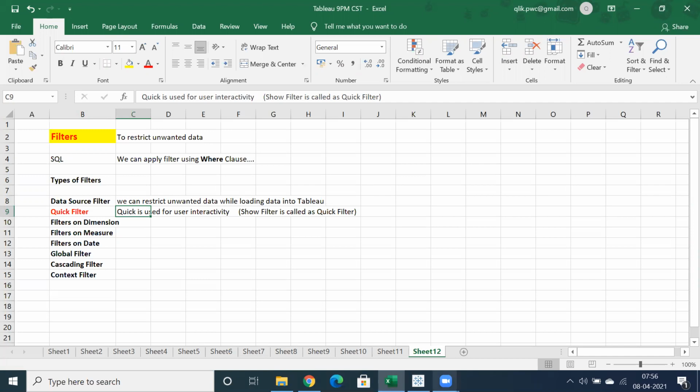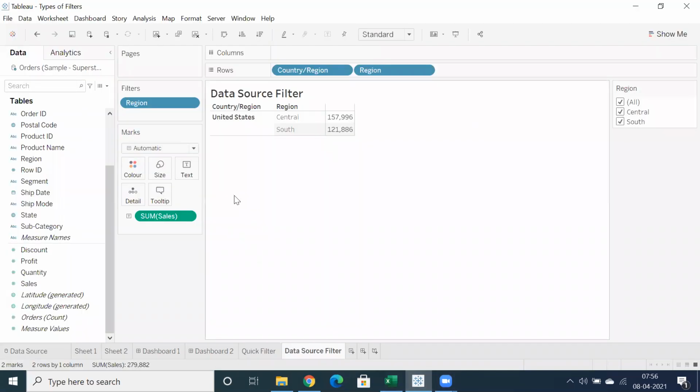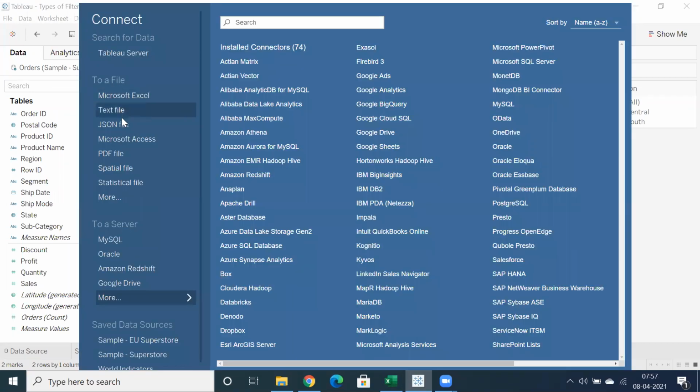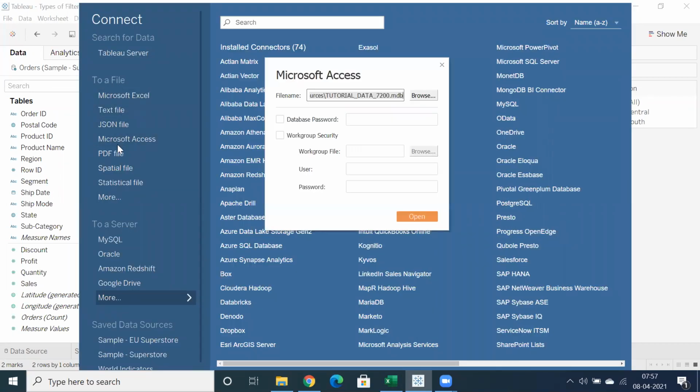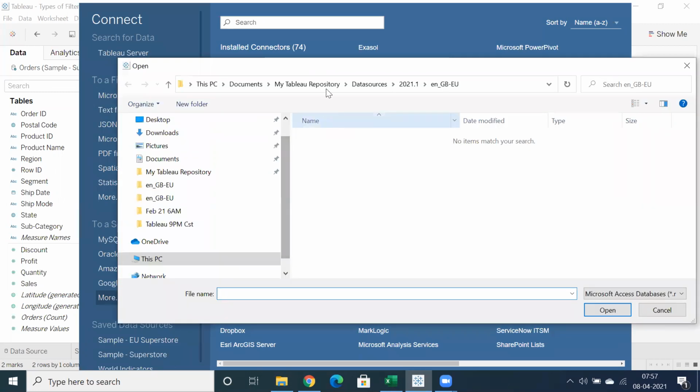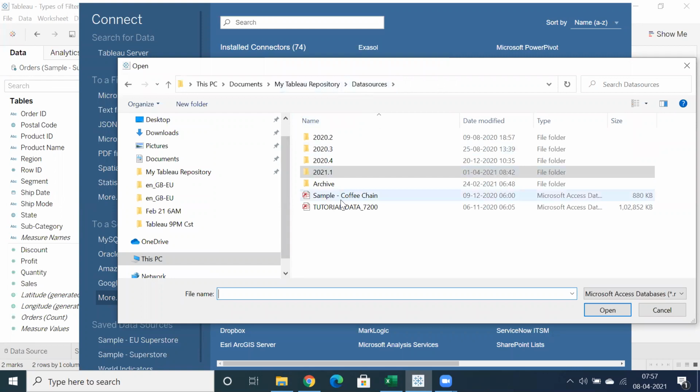But my question is, if I am going to connect to Microsoft Access, let me take that coffee chain data source, right? Let's go for coffee chain, not tutorial data.